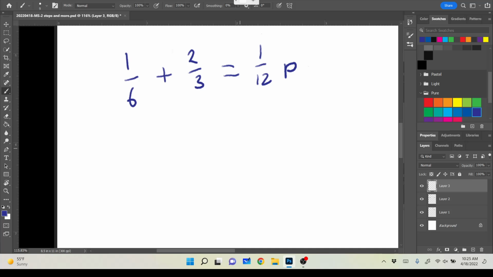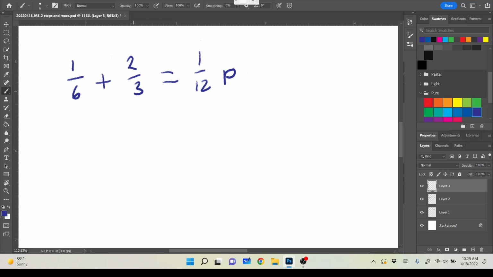Okay, so we're gonna tackle this problem. What should we do? Find the common denominator. Sounds like a good idea. So we need a common denominator between 6, 3, and 12. It is 12. That is true. If we were to list out the factors of 6, it would be 6, and then 6 times 2 is 12,